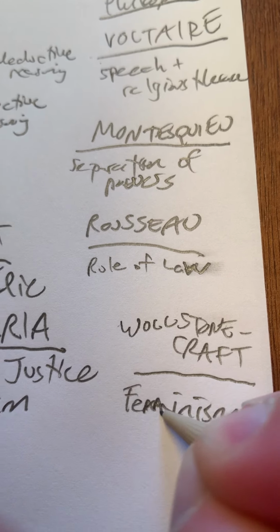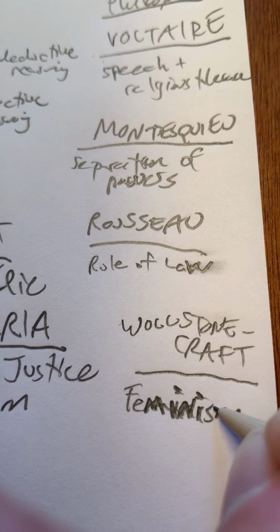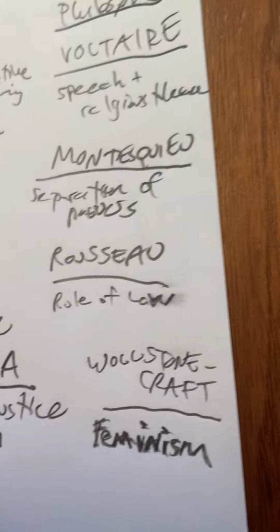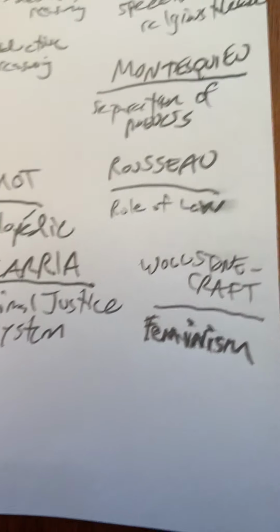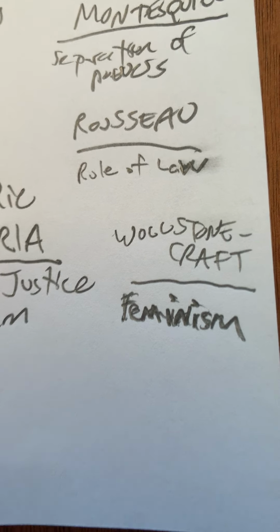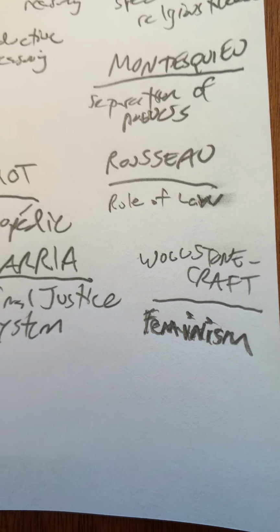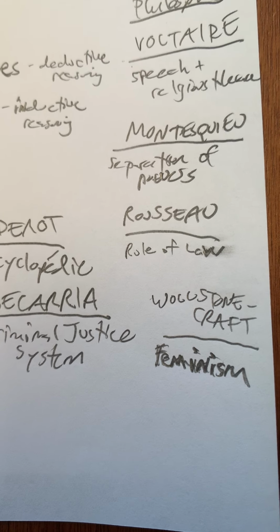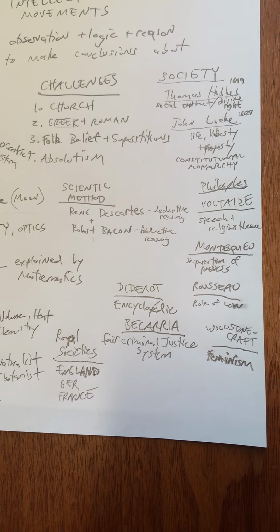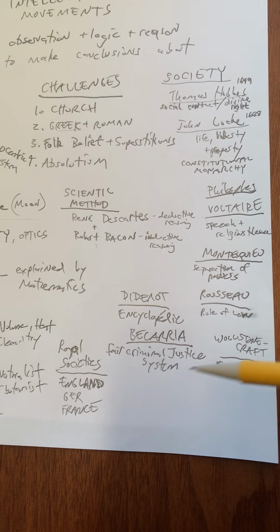And remember, I am a proud feminist, as everyone should be. It just is the idea that women and men should be equal. It does not mean women should be superior. It is just asking for equality economically and politically and socially. And that's what Wollstonecraft argues in her book in 1791, argues for feminism. And so there you go. There are some of the major Enlightenment thinkers,